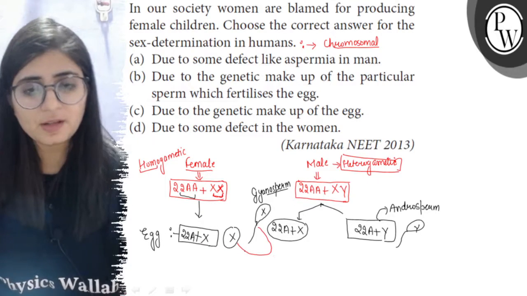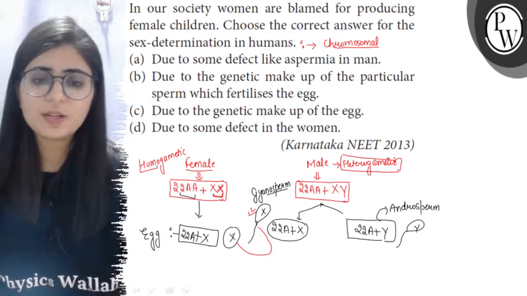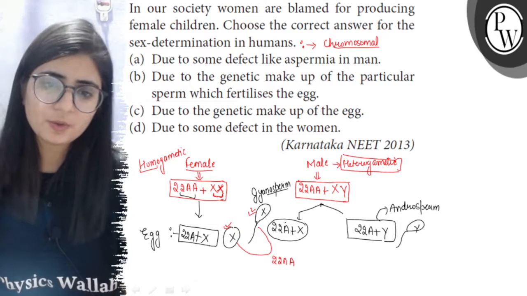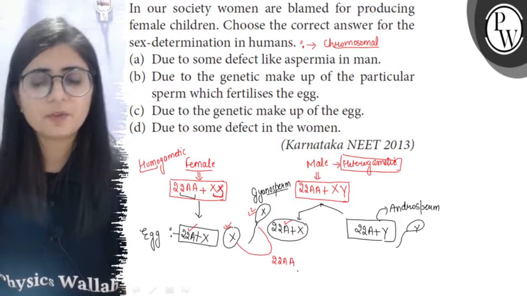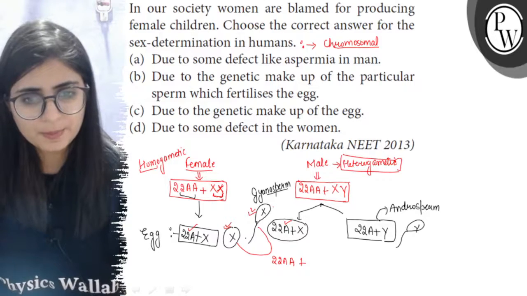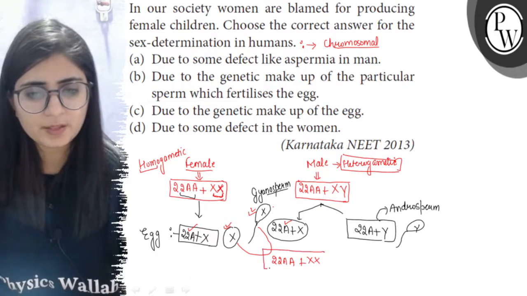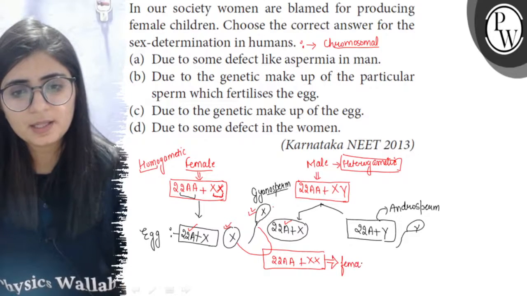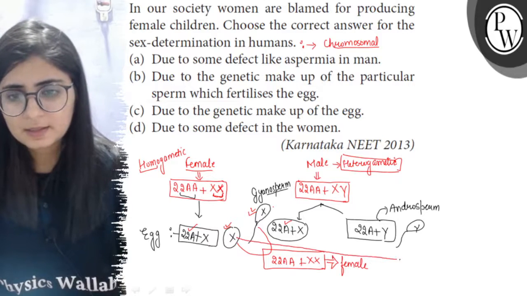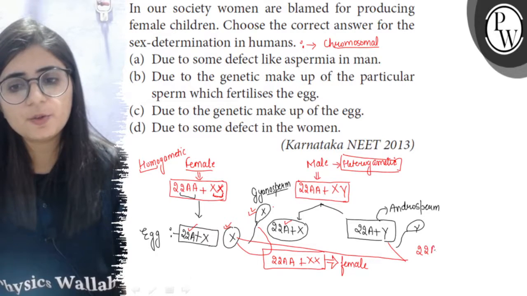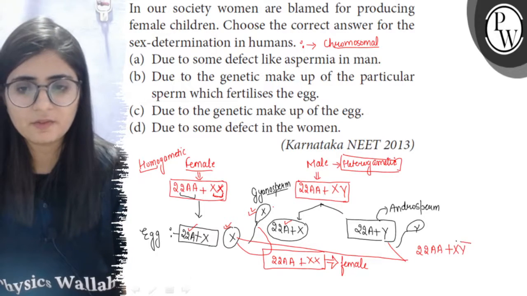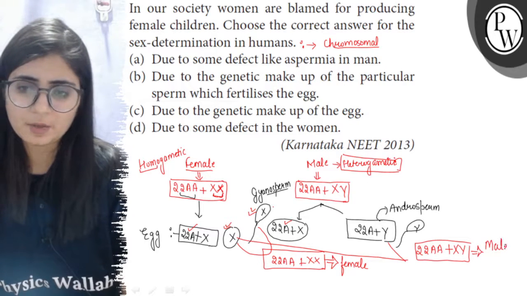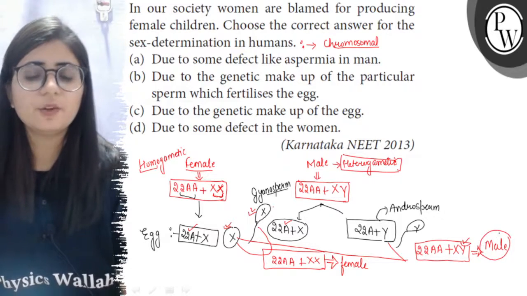with sperm. So if the X sperm, or gynosperm, fuses with this egg, there will be 22 pairs of autosomes, 22 coming from male and 22 coming from female, and one X chromosome in the sperm and one X chromosome in the egg. So there will be 22 pairs of autosomes plus XX. So this zygote will develop into a female, while if this egg fuses with this sperm, there will be 22 pairs of autosomes along with one X and one Y. So such a zygote will develop into a male because the Y chromosome is having the characters for male.